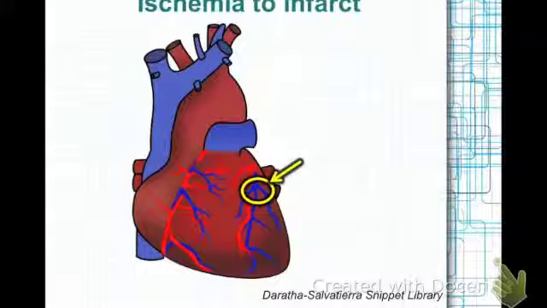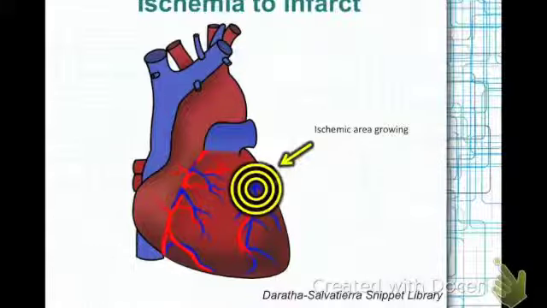What is the area of decreased blood supply called? That's right, ischemia. During a myocardial infarction, there is a decrease in blood supply to the heart. Ischemia is caused by constriction or blockage of the coronary blood vessels. It might help to think of a pebble dropped into the lake as you think about the rippling effect of myocardial ischemia that is sustained and ultimately leads to tissue death. The rippling effect of the pebble is similar to the rippling area of ischemia because it has the potential of growing and extending if oxygen is not restored to the myocardium.